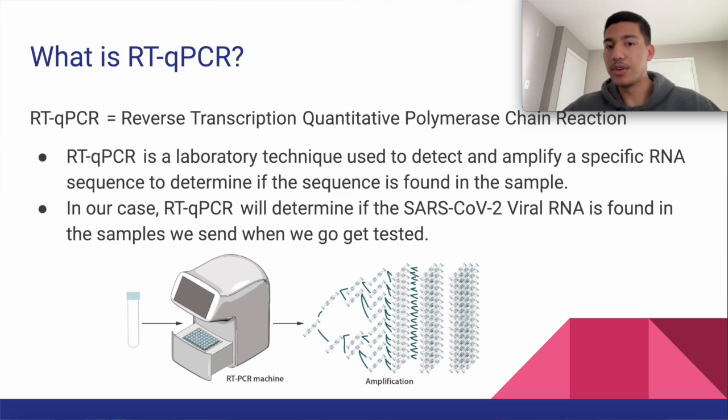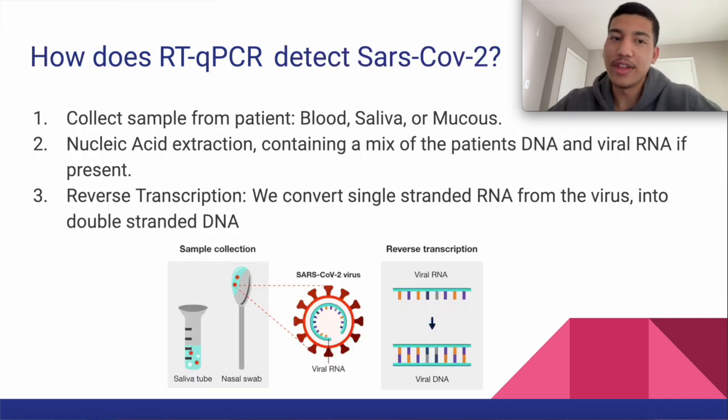So now you may be wondering, wow, Frank, that sounds cool and all, but how exactly does it detect COVID-19? And all I have to say is I won't be gatekeeping that from you all. So we'll go over that. So the first step would be to collect our testing sample, which comes in the form of a patient's blood, saliva, or mucus. And then after that, we'll perform nucleic acid extraction,